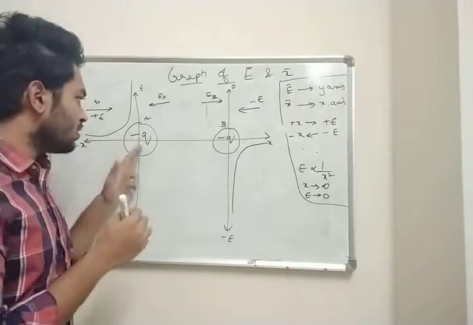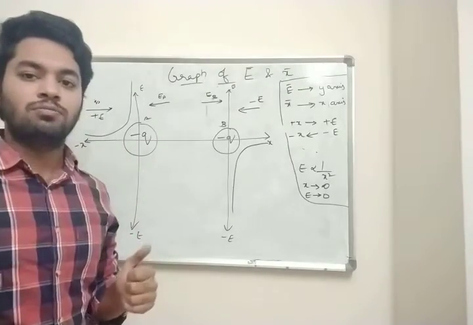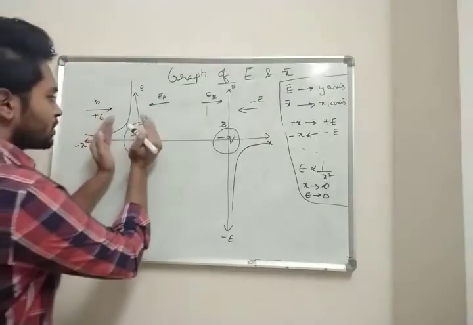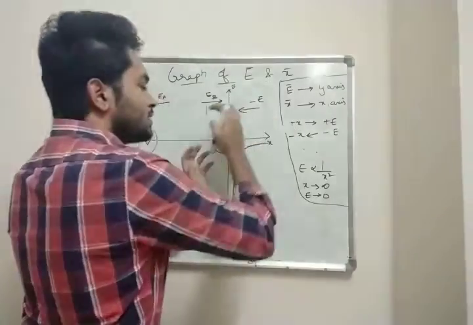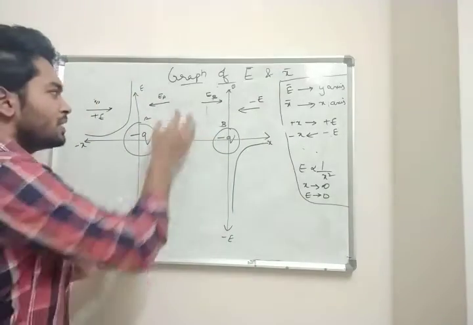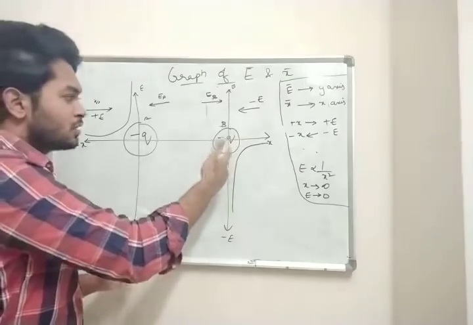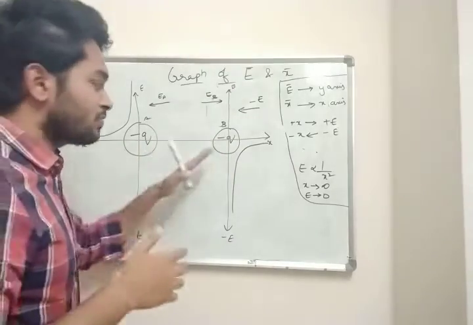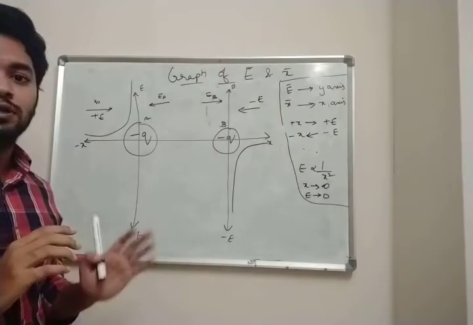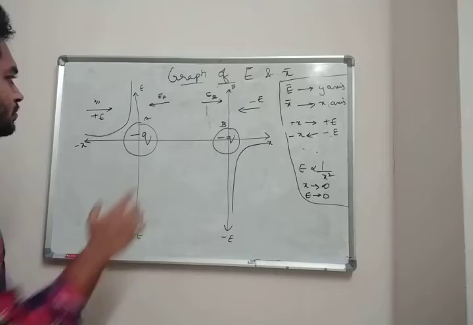Both are Q and Q. It may be positive or negative, both are just Q and Q. So this Q has limited space, this Q also has limited space. Where they will collide means in the middle space. Suppose this is minus 4Q and this is Q, then this is our next example. I'm going to tell you in detail what will happen. So let us come back.